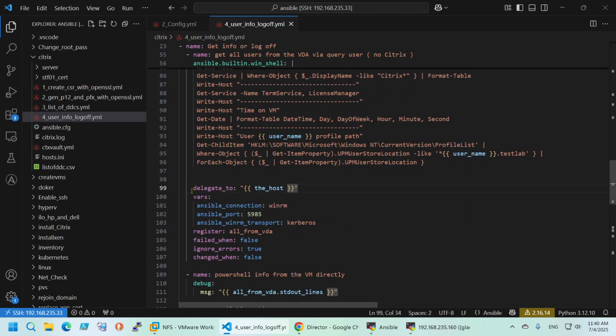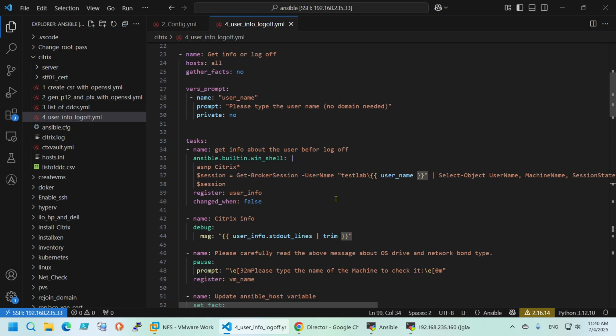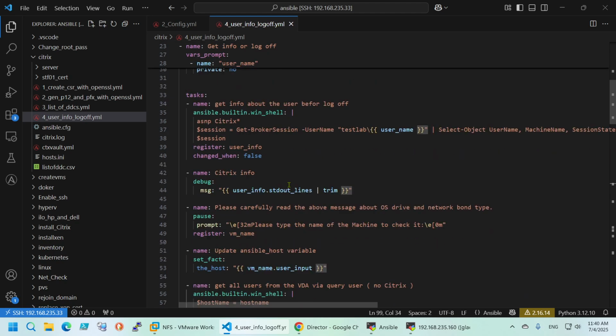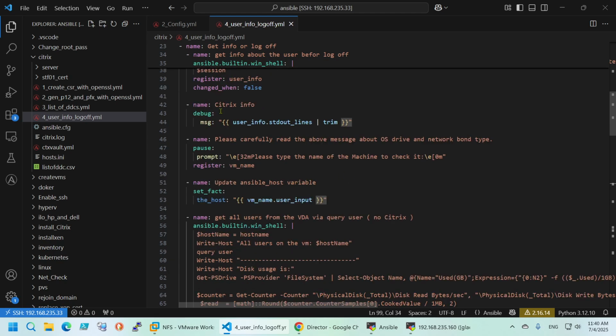But this is the important part, because we learned in the first action that we did, we only gave the playbook the username, and then we dynamically learned the host name of the VDA where the user is connected, and this is the